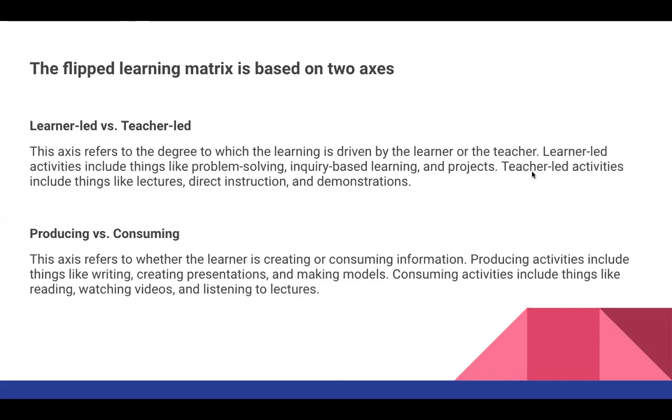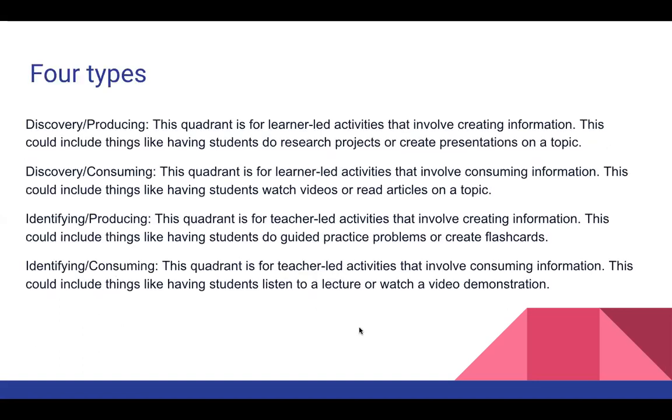Here, traditional things are really considered in teacher-led and learner-led activities. Producing versus consuming is another factor that we consider. This axis refers to whether the learner is creating or consuming information. Producing activities include writing, creating presentations, and making models. Consuming activities like reading, watching videos, and listening are also considered. We have to balance between these, and by intersecting these, we can create 4